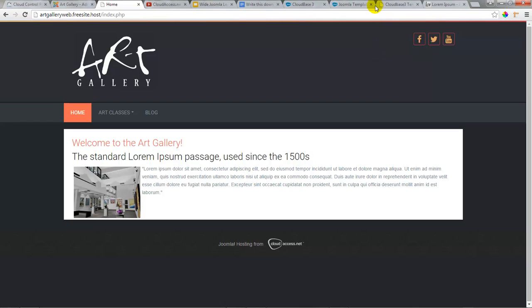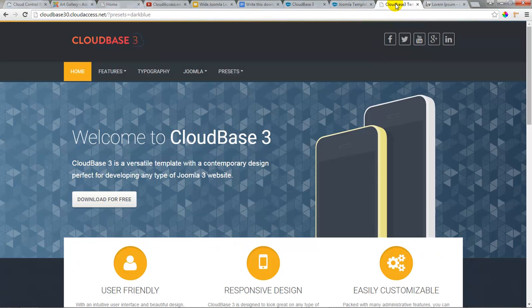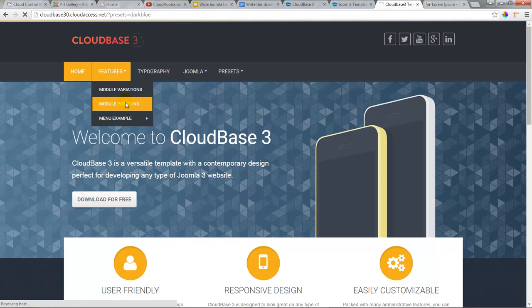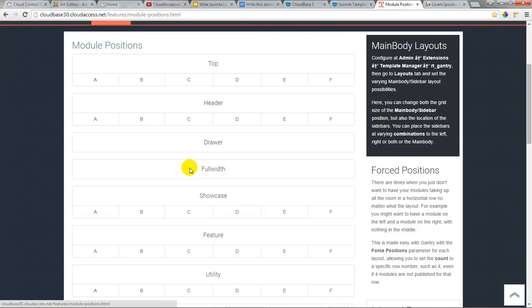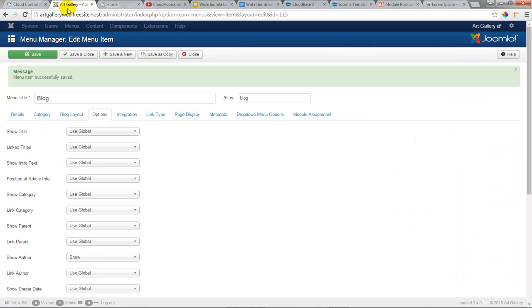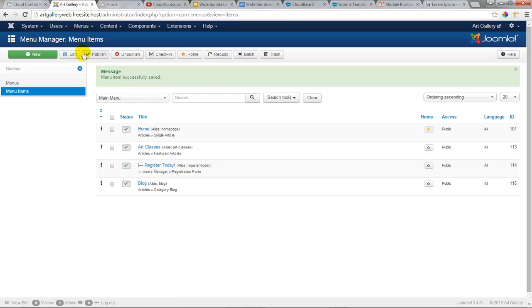And I want to return to my CloudBase 3 template, because I want to look at those module positions. And so what I'll do is I need to pick a position. And I'm going to go with this full width position. I'm going to create a nice big broad module that covers my entire width of my site. It's kind of done for marketing. Okay, so let's return to the back end and save and close our menu item, and we'll go to System